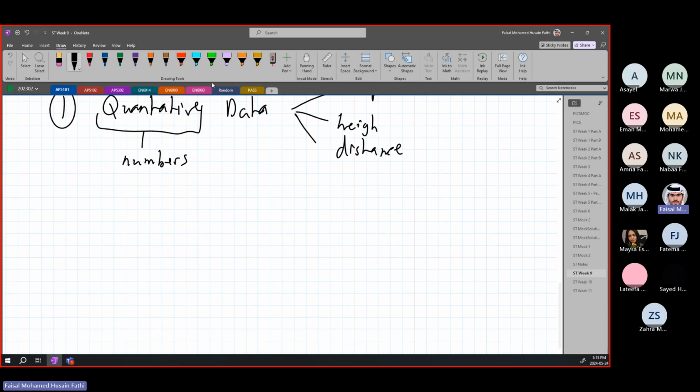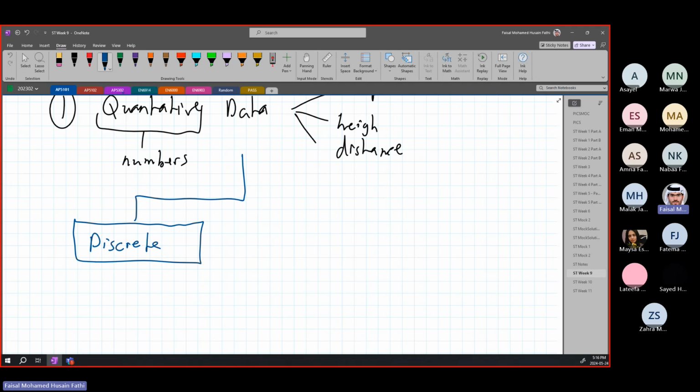And there are two subcategories to quantitative data, okay? The first category is a discrete value. If you remember from previously, we talked about discrete and continuous variables. So it can be a discrete value. A discrete value basically means that it is a value that you can count, all right? So this is countable, such as number of